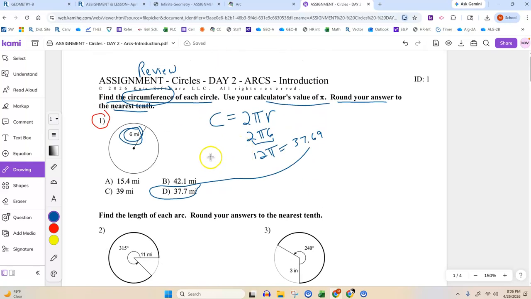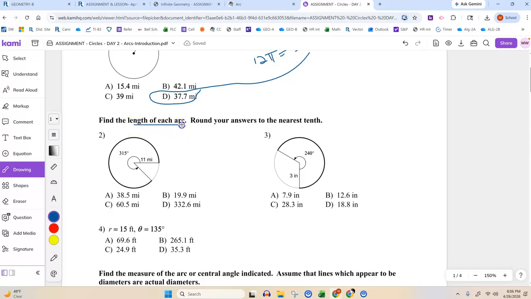Again, today what we're going to do is find the length of each arc. An arc is just a part of it. So if you see the highlighted portion right here, that's what we're trying to find. The arc is just like finding the circumference, except you're not going to find the whole circumference. You're not going to find 360 degrees. You're going to find a part of 360 degrees, which is just